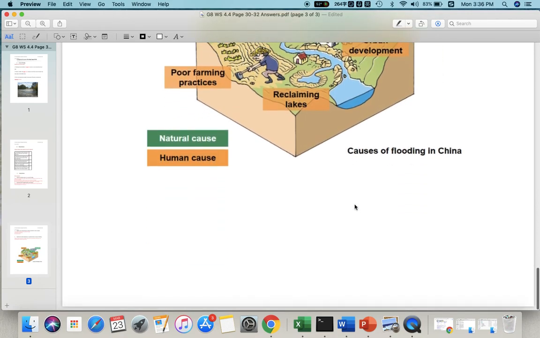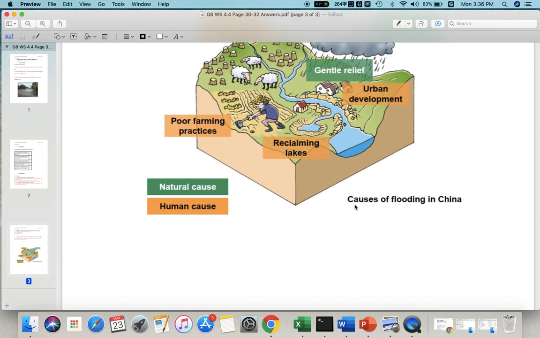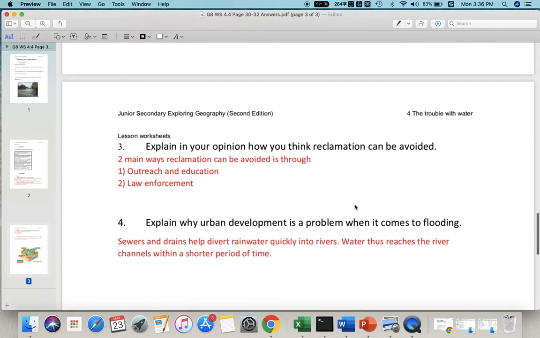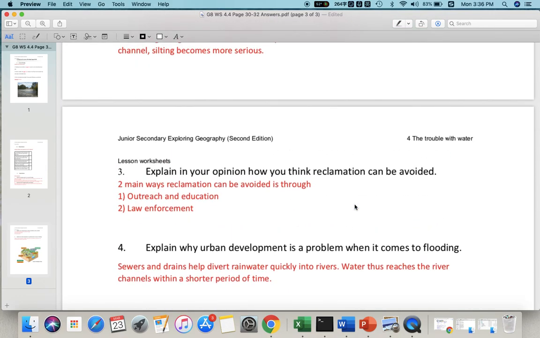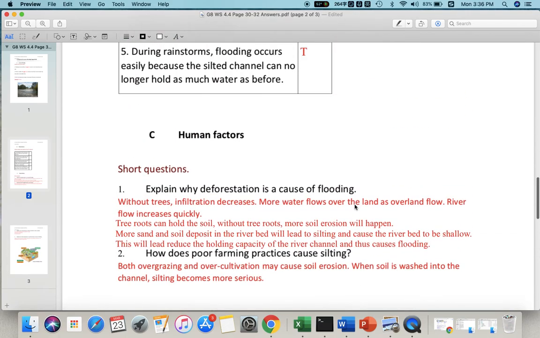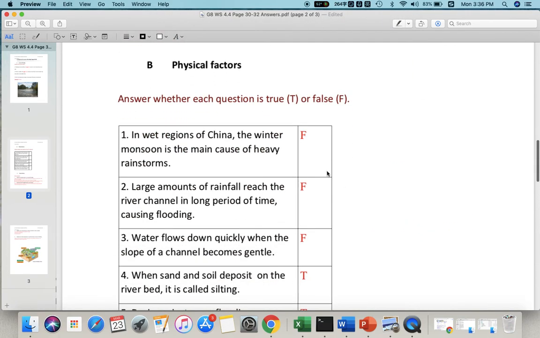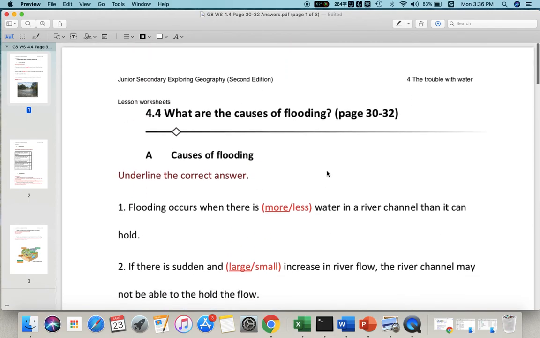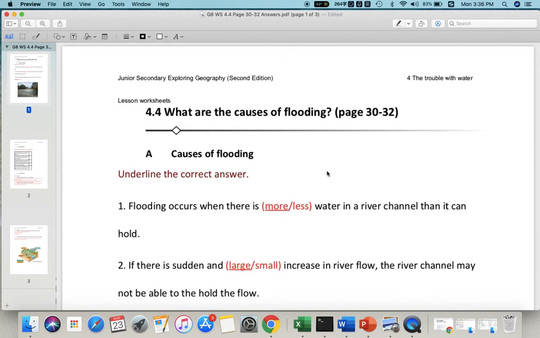Alright, and that's it for this homework. And please use a green pen to write down the correct answer or the suggested answer, and please also mark your answer by yourself. And if you have any questions, please circle it, or you can ask me by sending an email to me through eClass. Okay,